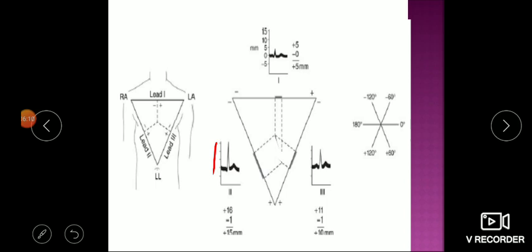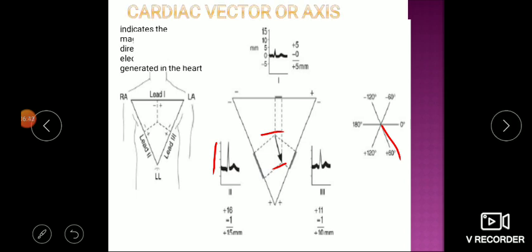Once we join from the center, now this is the point that comes. If you join this, this is the cardiac axis. Now you can see this cardiac axis here, you can find this is 0, plus 60, 120, 180, and here it is minus 60. Okay, like this. You can check where it is matching. You can see it is coming here.